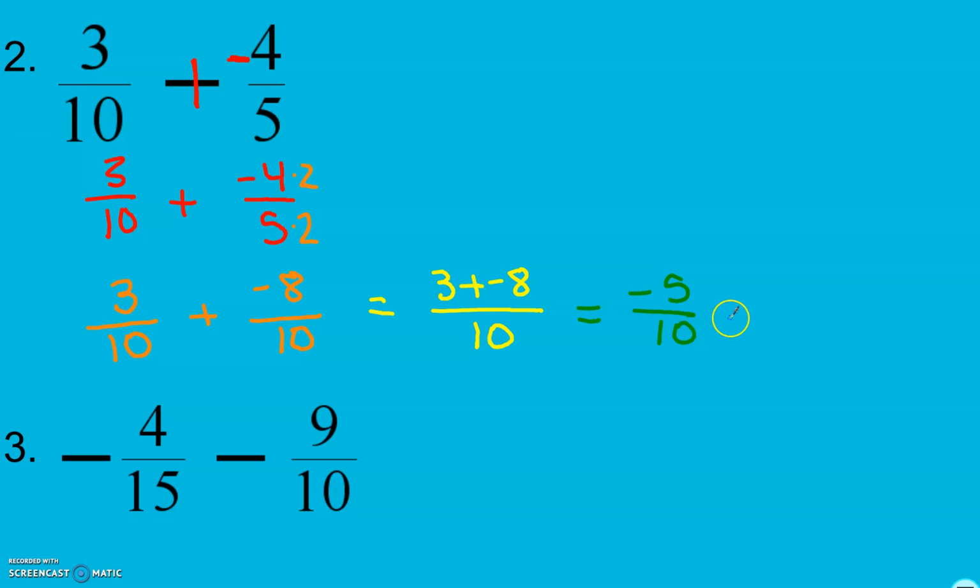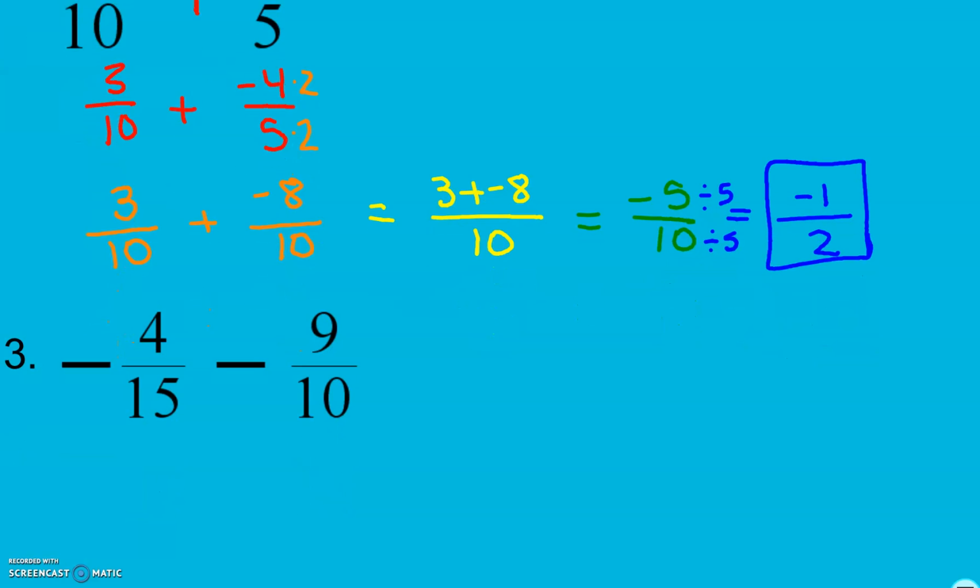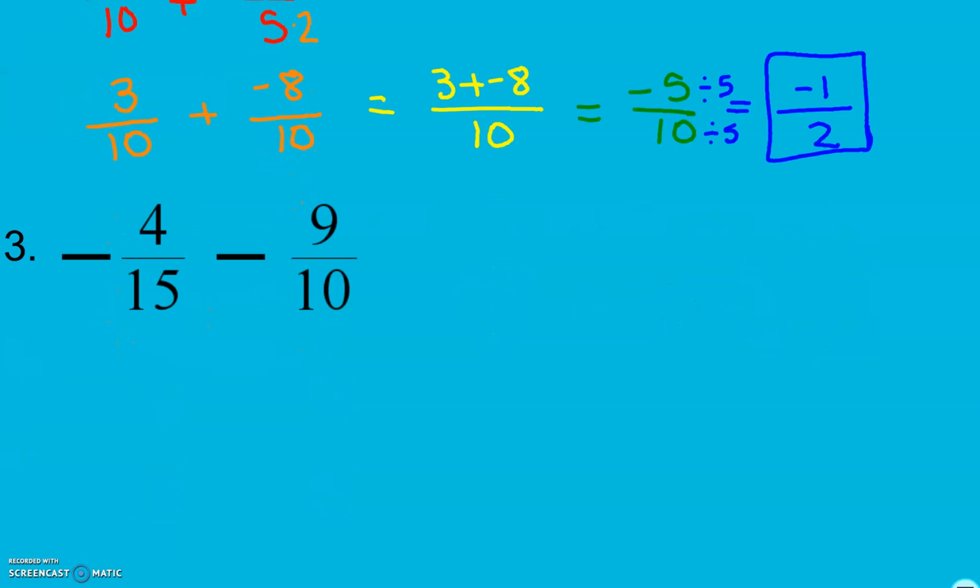And we can reduce here by dividing both of them by a common 5. So we're going to get negative 1 over 2, or negative half. Again, we always want to reduce if we can. So since 5 and 10 are both divisible by 5, we took out that common factor. We write our fractions in lowest terms. For 3,